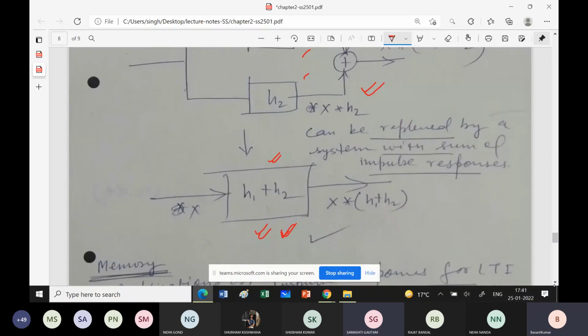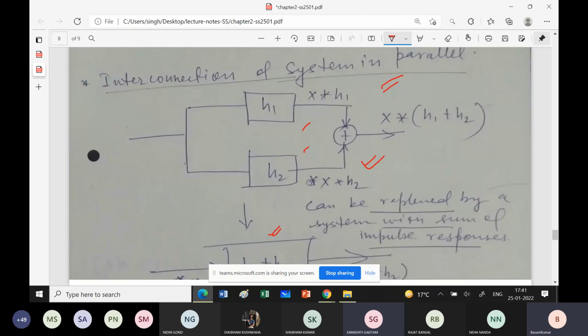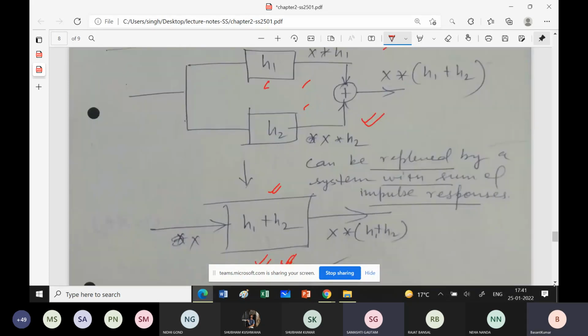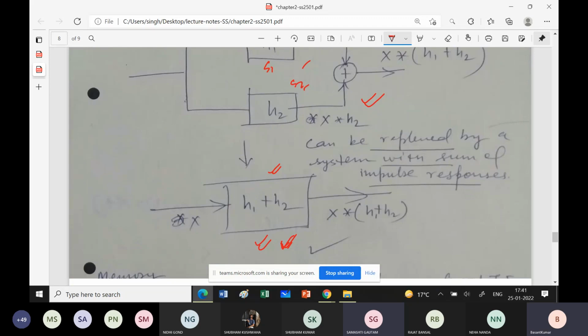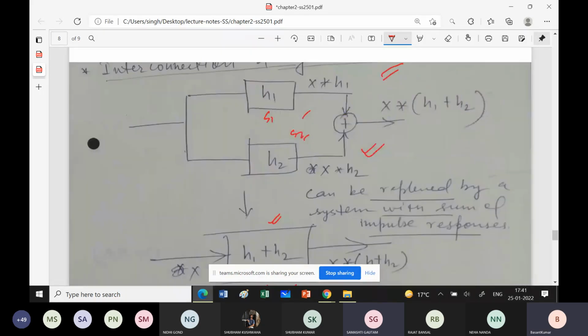So this is a system having response which is a sum of the response of the two systems S1 and S2। ठीक है, तो ये आपको यहाँ पे लिबर्टी है।